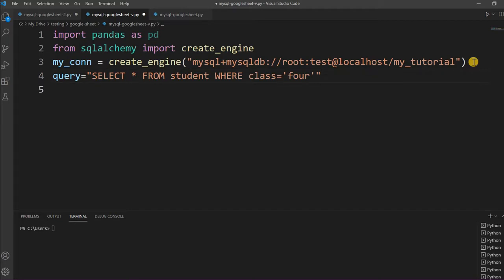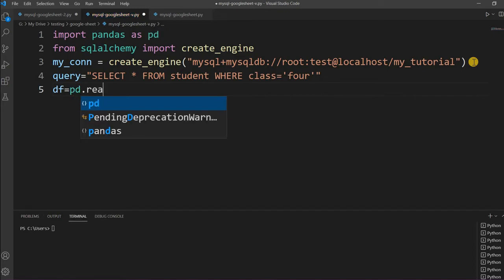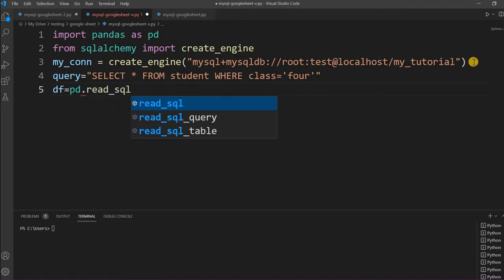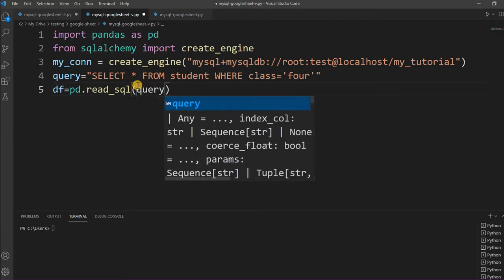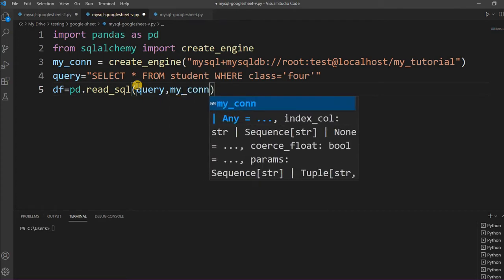Now I will get the data and create the data frame. There is a single line, my data frame variable, where I am using pd.read_sql. So read_sql will execute the query and create the data frame. It will return the data frame that I will store as df, the variable name. First I have to give the query, then the connection, my connection that we created at line number 3.